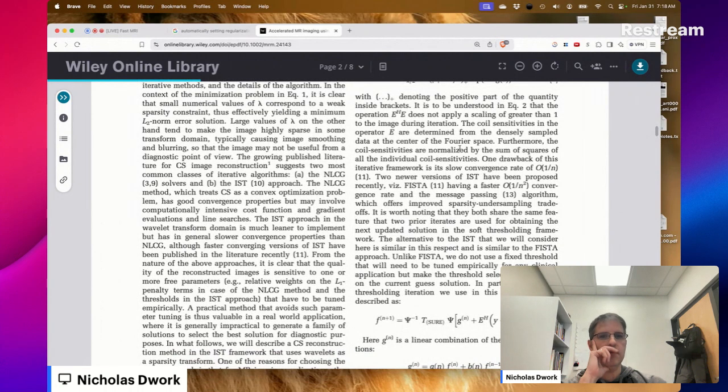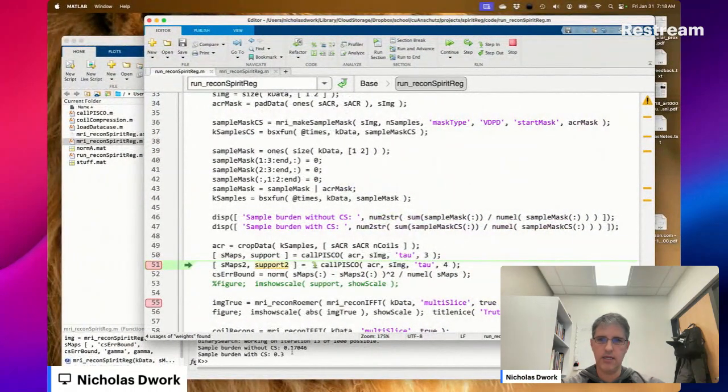Some coil sensitivities are normalized by the sum of squares of all the individual coil sensitivities. Do they mean all the individual elements of the coil sensitivities?